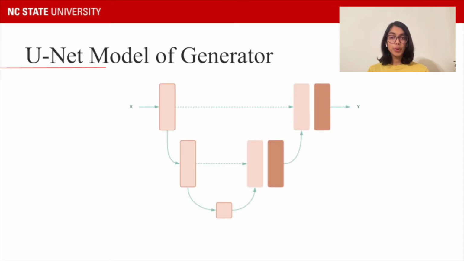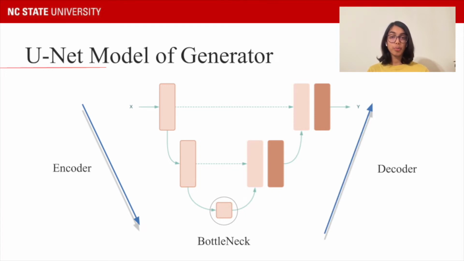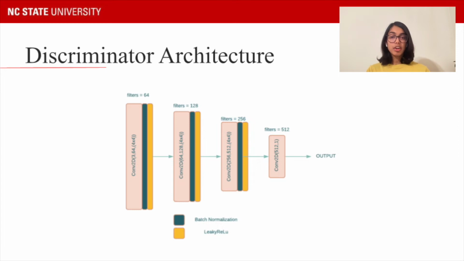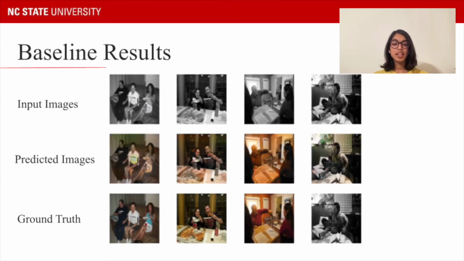We then move on to the U-Net model of our generator. We first have the encoder part, which finds all the features from the images and puts them into the bottleneck. These bottleneck features are then used by the decoder in order to produce our output, which is our fake image. It is then sent to the discriminator, which discriminates between fake and real. In a normal GAN, we use a normal discriminator, but for the purpose of our work, we have used a patch discriminator. This is because the patch discriminator just takes patches of the images and then predicts whether they are real or fake.